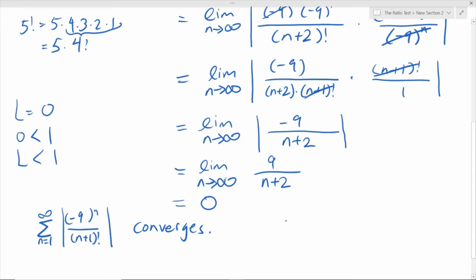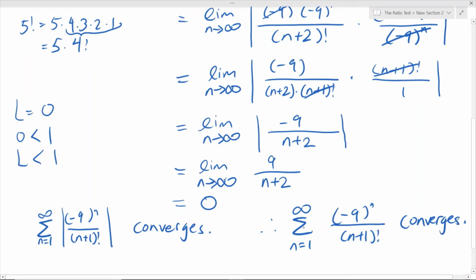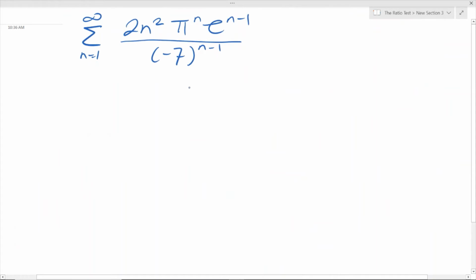So therefore we can conclude that our original series converges, because it is absolutely convergent. So it converges. Well, say we have a series that looks something like this now, and we have to determine